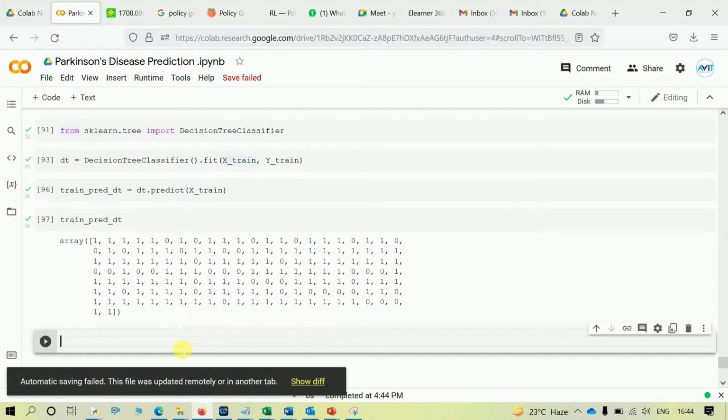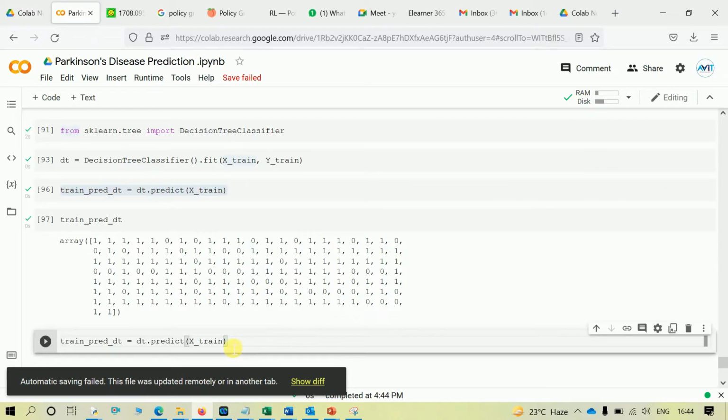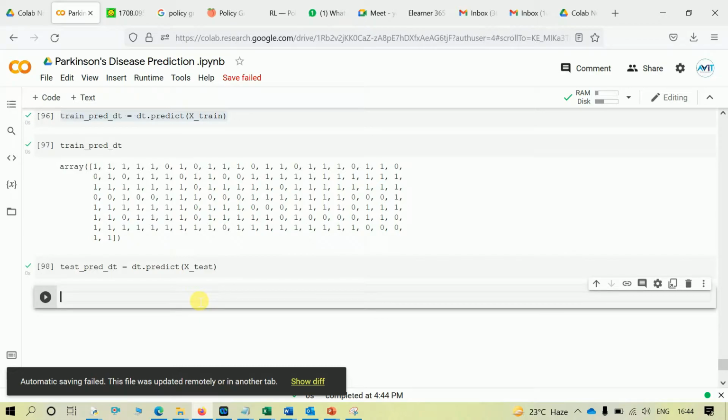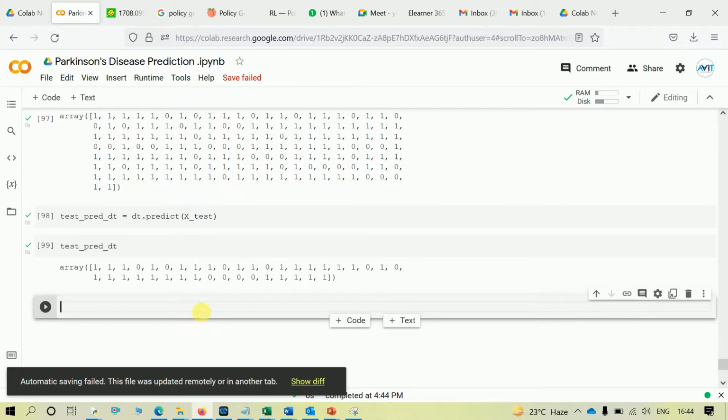So this is our prediction for training dataset, and let's also take a prediction for test dataset. Let me copy this cell and I'll paste it here, and I'll change this to test, and I'll change the variable name also. So let's print it out. So this is the prediction for our test set.